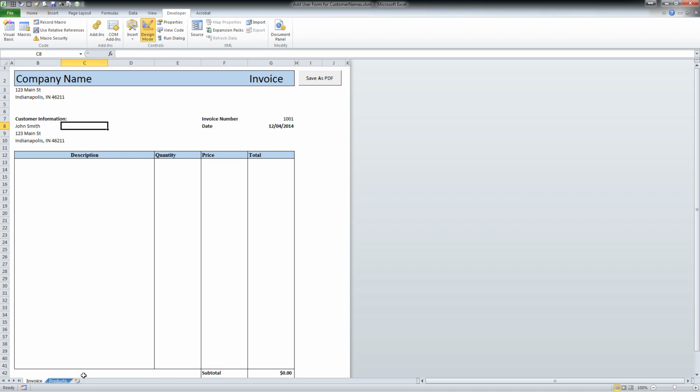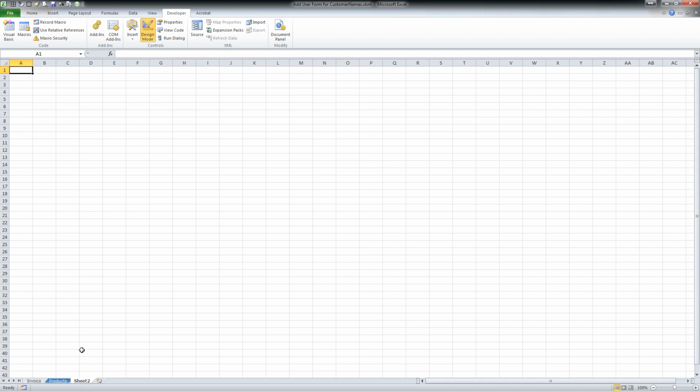So first, to do that, we want to go ahead and add a new sheet, and we want to add all of the lists. First of all, we want to add the name, then we want to add the address, then we want to add the city, the state, email address,